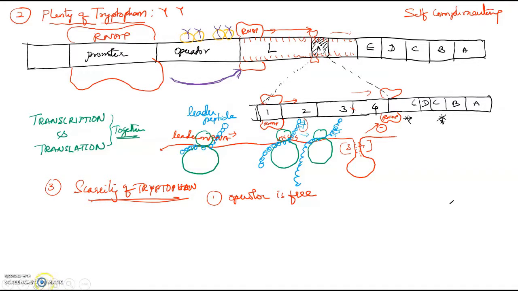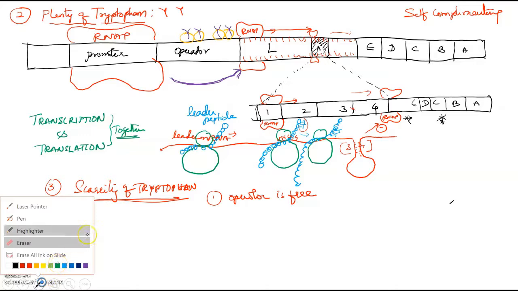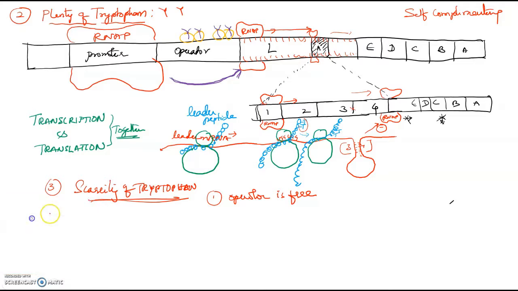Okay, so it is not going. So the operator is not blocked, the operator is free. Second thing is, when the ribosome will come here,